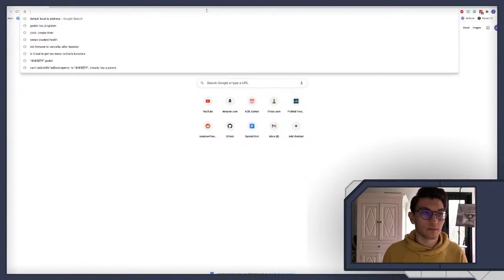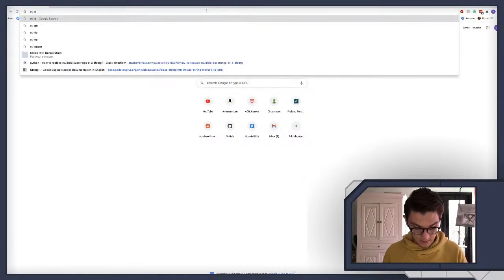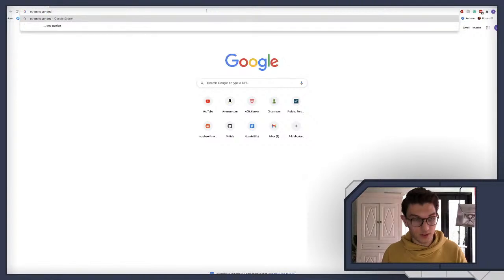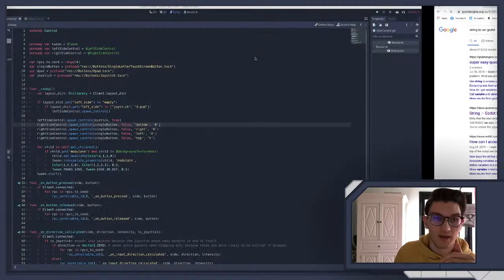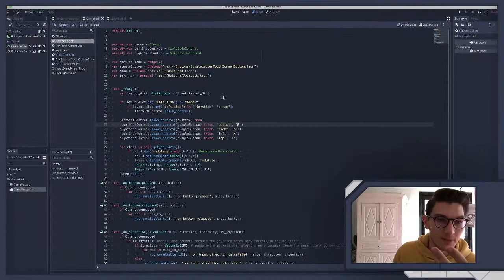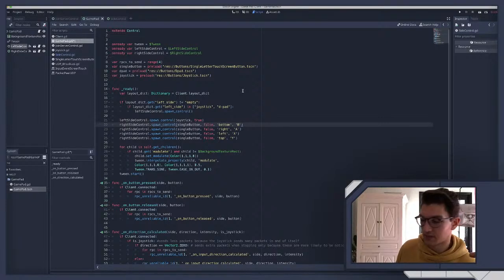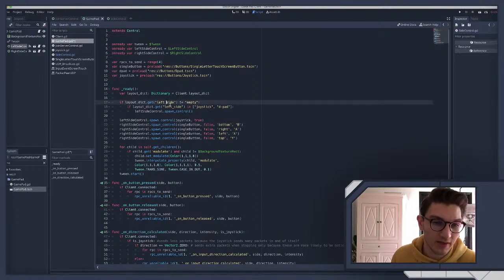So I know there's a function called string to var, and the idea would be that I could make an array of all the different sides. This would be slightly more dynamic. We'd have left side, right side, and center, top, center, bottom, or basically the four things I'm thinking about having. And then rather than have to do this each time,